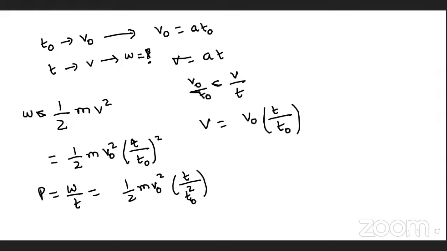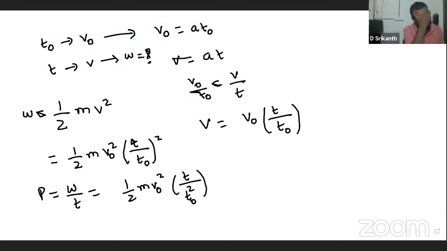A motor pump is used to deliver water at a certain rate from a given pipe to obtain n times of the pipe in the same time. By what amount should the force and power be increased? Force is increased by n square times and power is increased by n cube times, because dm by dt, rate of change of mass,